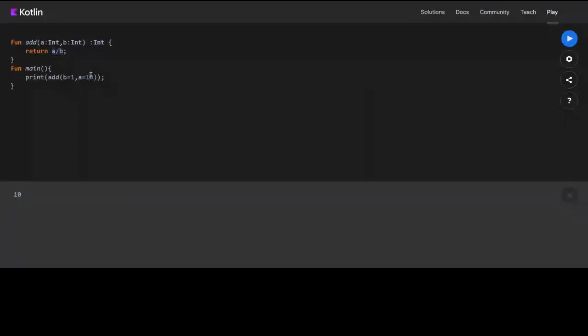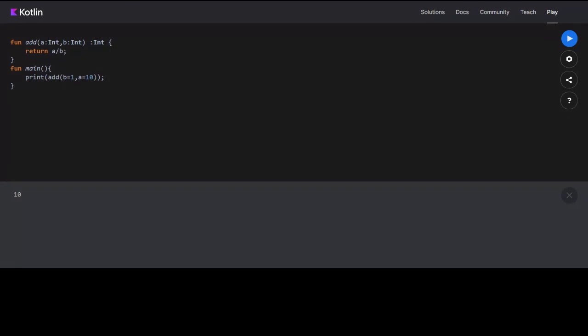a divided by 1. So this is very useful because when there are functions with a lot of arguments, like 10, 20 arguments, it will be very difficult to remember the order in which the arguments are defined. So to make it easier, you can just pass the arguments by calling their name. Like the argument of this is b, so I will just say b is equal to 1, like that.